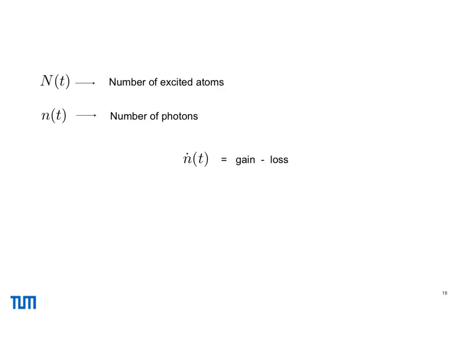Okay, so let's model this. We have to first think of the variables of interest. So we are talking about what? Laser, which means photons, how we create photons. So we will call this variable n, lowercase n. And the other important thing is the concept of the number of excited atoms. You remember from the video that as you go on into the process, the number of excited atoms decreases because you are creating more photons, and the excited atoms are going from this high level state to the ground state